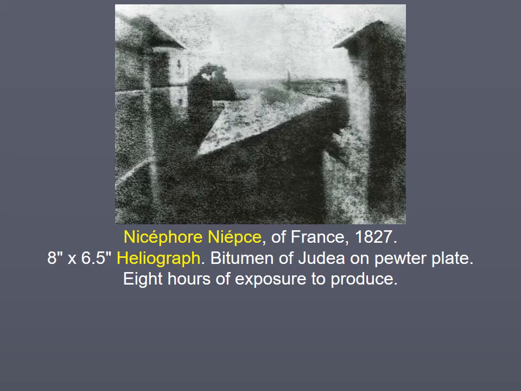Over 8 hours of exposure, the sun had moved from east to west, and so you get this odd image in which the sun is shining both on the inside of the west face of turrets and the inside of east facing turrets. In order to process this pewter plate, after 8 hours he pulled it out and then he rinsed it carefully. Wherever the tar was hardened by the long exposure of light, it stuck to the plate, and wherever it received little or no light, that was washed off. So now he had a negative.